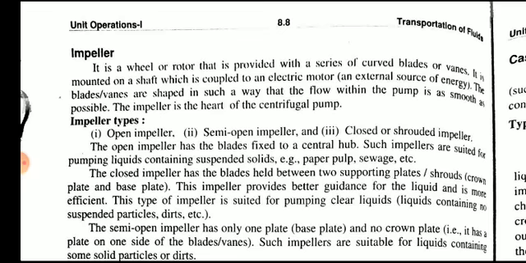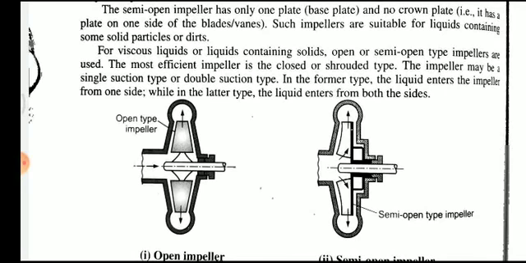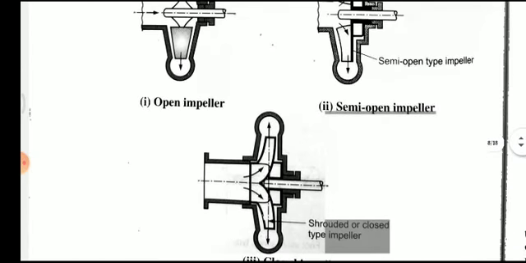So these are the three types of impellers, which are open, semi-open, and the third one is the shrouded or closed impeller. Okay, so let's see that